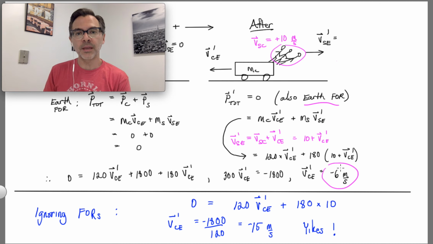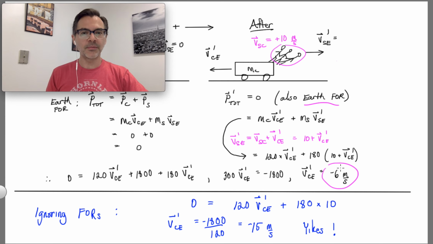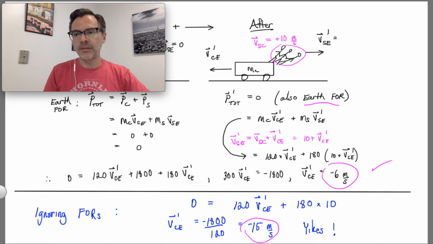The interesting thing is, what would have happened if you solved this problem disregarding the fact that this is a frame of reference issue? If you ignore the frames of reference information, and you therefore screw up the solution, you would have written something like this, which gives you a very different number than what is actually the case. So, my last thing that I want you to do once you've understood this is repeat